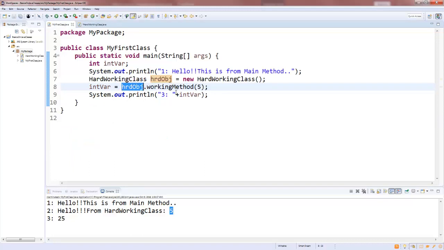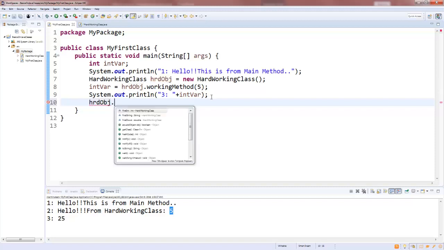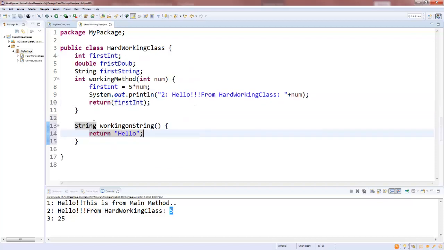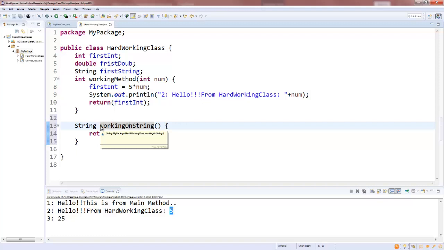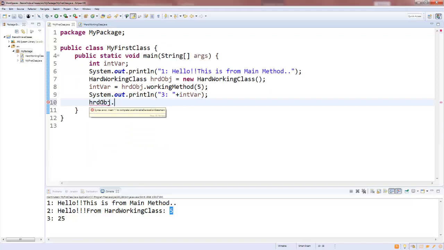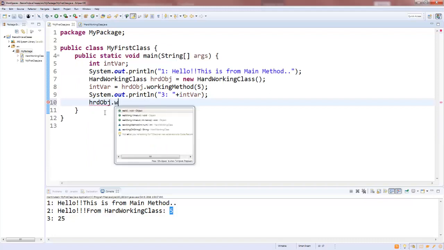This is your object. Now if you use your object here, dot. Now can you see that the name of the method here is workingOnString. Remember that lower camel case: the first word starts with a lowercase letter, and all of the subsequent words start with an uppercase letter. Now if you put your dot and put w, can you see